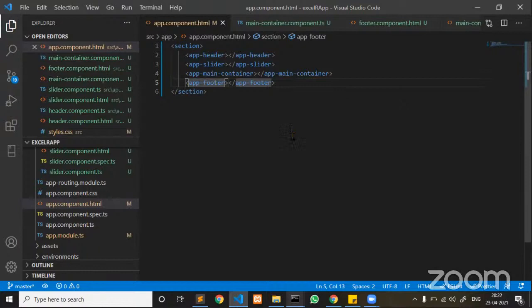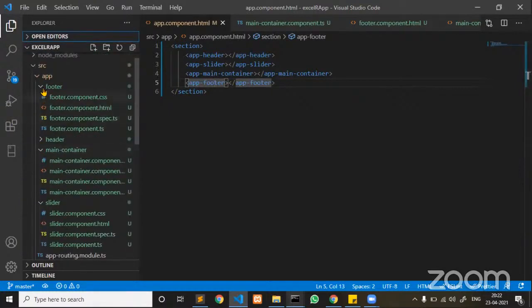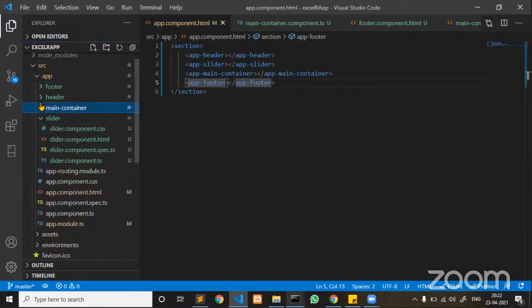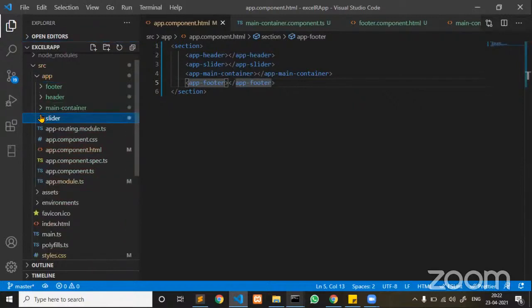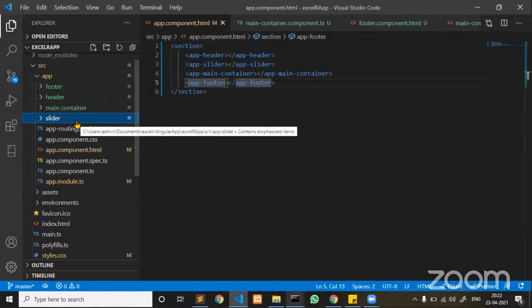So next, this is what we have decomposed. Now, if you go back to your src folder, earlier only one component was there, the root component, which is called the app component. Next, I created the footer component, header component, and main component. Now, all these components, since I have created,